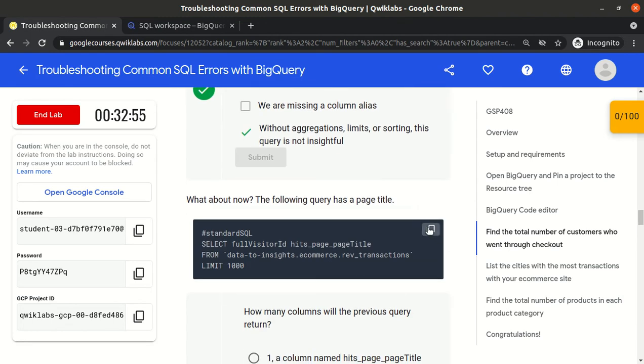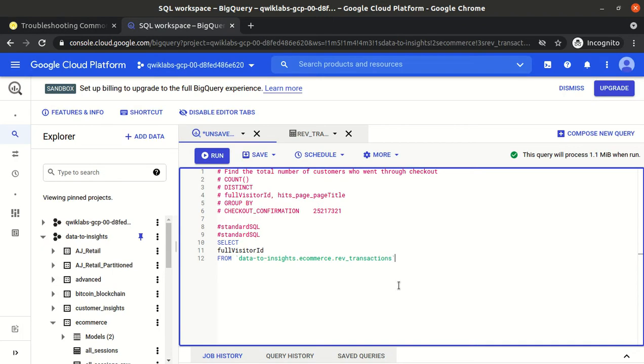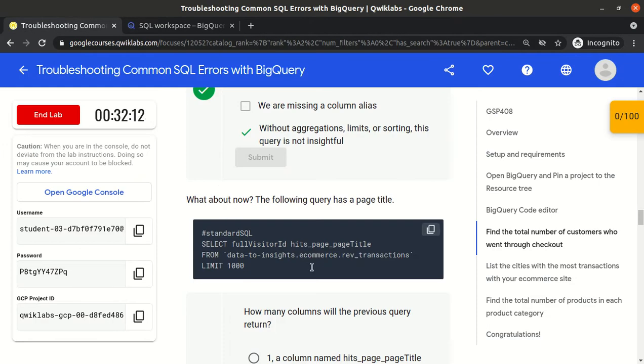Okay, now they have updated the query. We will see whether this query is correct or not. So basically we are troubleshooting the queries. Now they give us select full visitor ID. This time they give us both the columns which we want to fetch, but they have not given the correct format. Ideally there should be a comma here, right? But they have given it without a comma. So when we mention so many columns here without separating them by commas, always the last column will be displayed, right? So this query is also wrong.